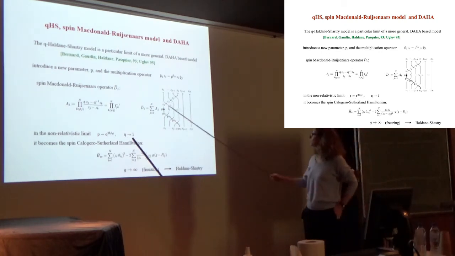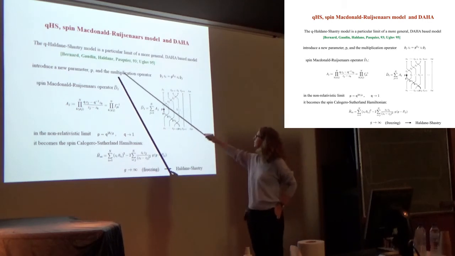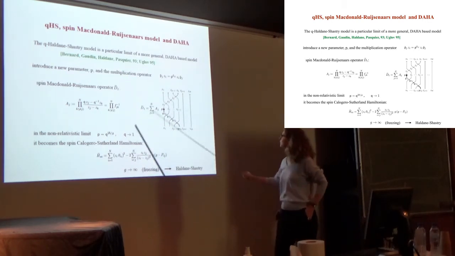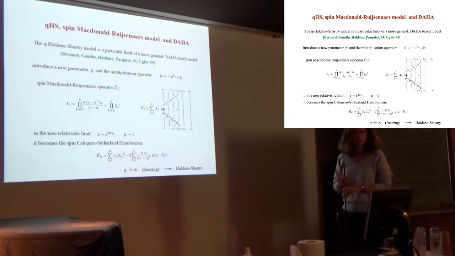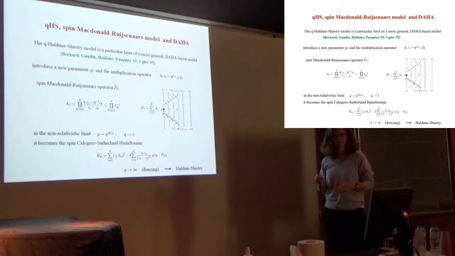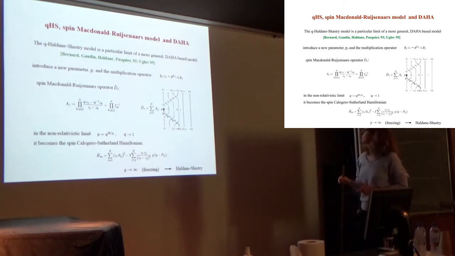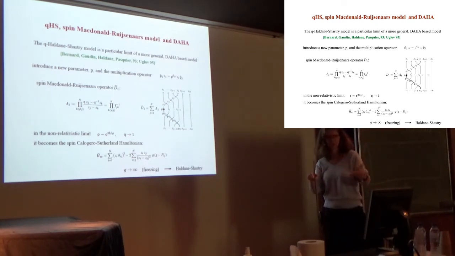The solution of the Haldane-Shastry model is roughly due to this paper by Bernard, Gaudin, Haldane, Pasquier from '93. And the idea is that the solution of Haldane-Shastry comes through the study of a more general Hamiltonian, which has particles which are free to move around